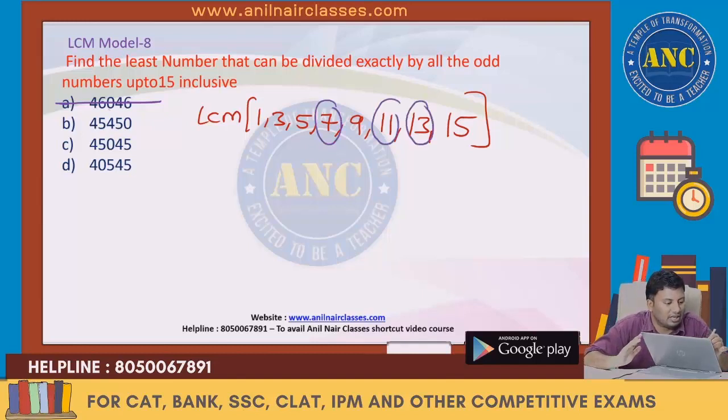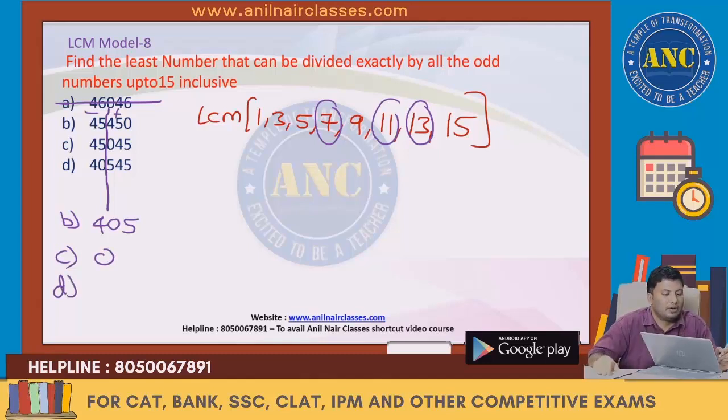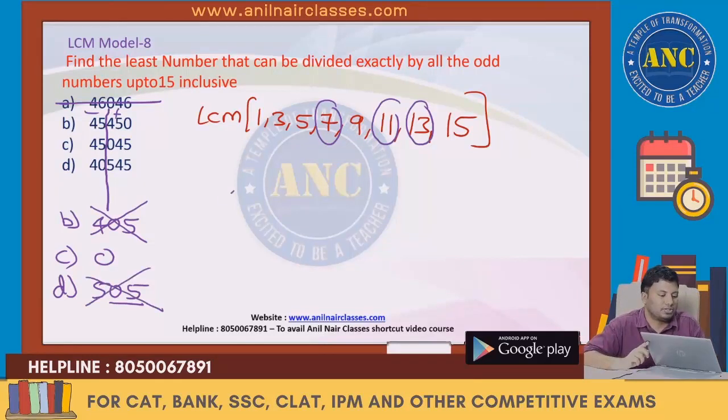7, 11, 13. Take a group of 3 digits, alternately add and subtract. B: 450 minus 45, which is 405. C: it is nothing but 0. D: 545 minus 40, which is 505. It should be divisible by 7. 7 5s are 35, 55, not possible. 7 7s are 49, not possible. Answer is